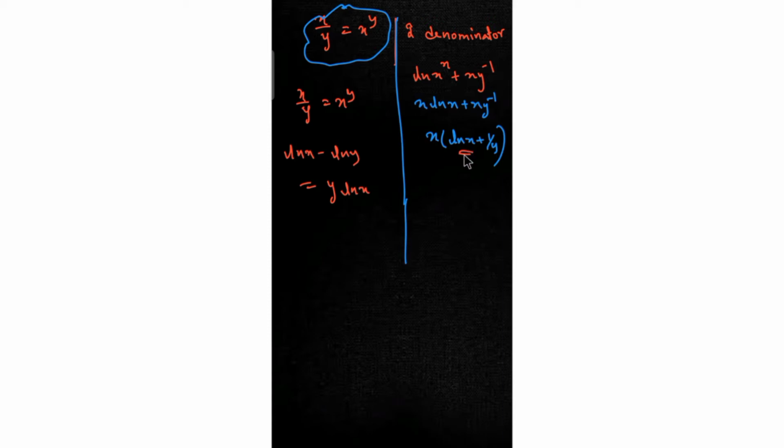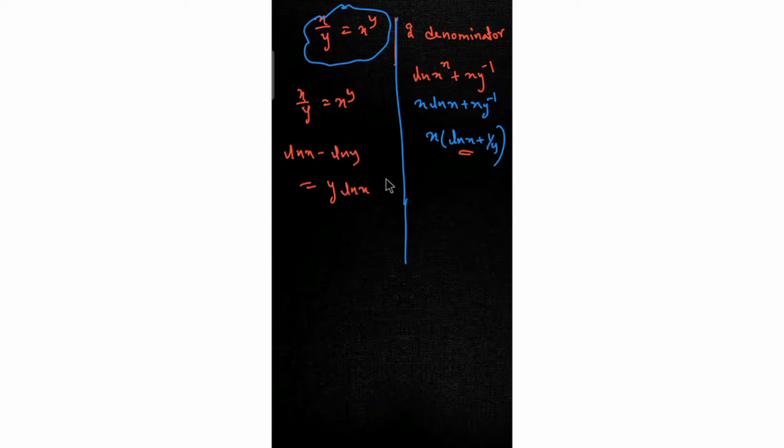So it's not like if I just send this y ln x to the LHS, I would get ln x of 1 minus y, but that's not what I required. I want ln x plus 1 by y. So for that to happen, we have ln y here. So what could I do with ln y? What can I do to ln y so that I could get 1 by y?